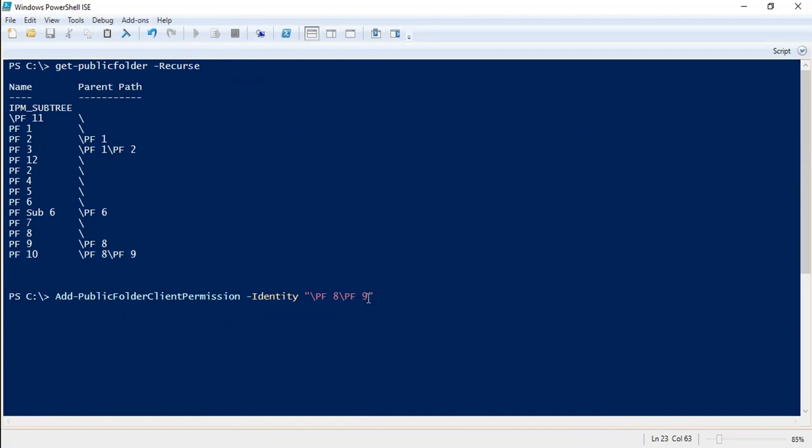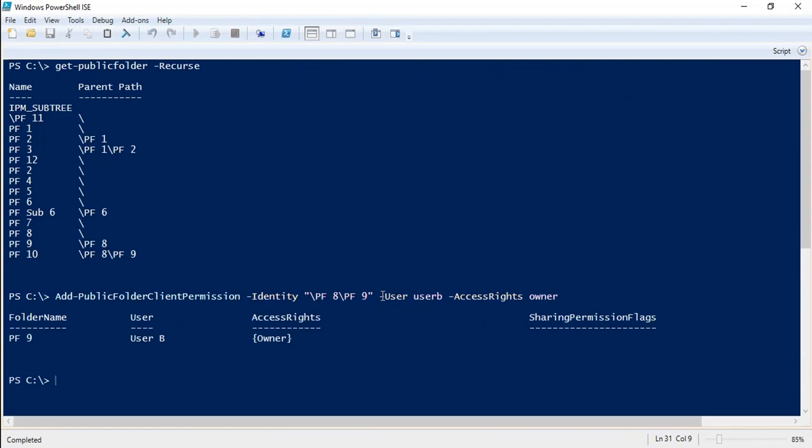For example, if you want to assign permission on PF9, in that case you need to mention the complete path of that particular folder. You can mention then -User user B, -AccessRights owner. So this command will assign owner permission for user B on PF9.